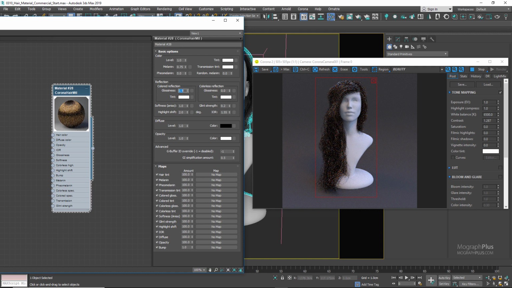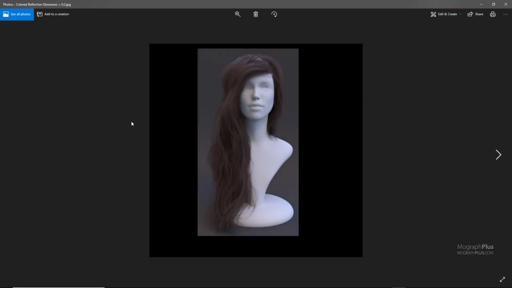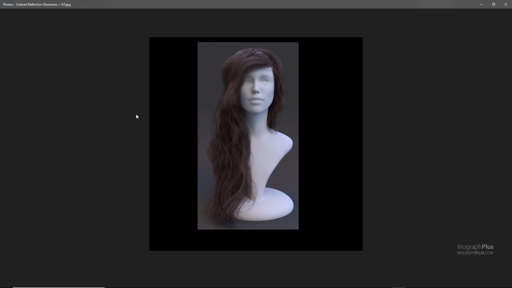Now let me show you a few renders with different glassiness values of 0.2, 0.5 and 0.9. With 0.2, we get this very matte, rough hair shader. With 0.5, the hair is still pretty rough, but shinier compared to before. And with 0.9, now we get this shiny, silky hair. So it really depends on what you're looking for, and then based on that, you would choose a proper reflection